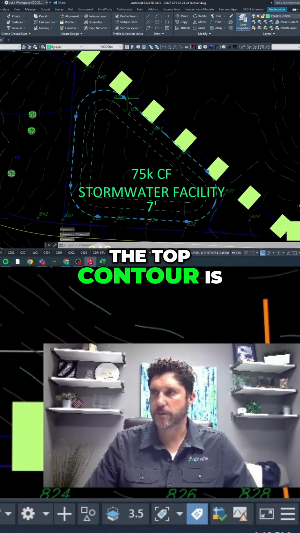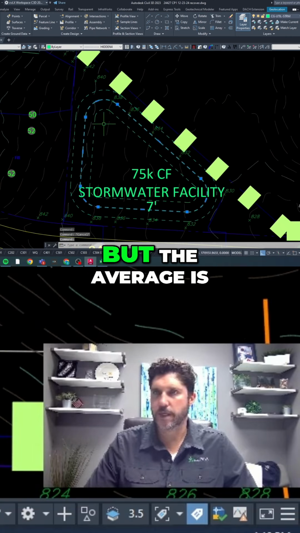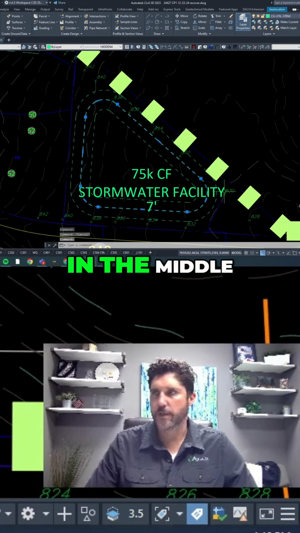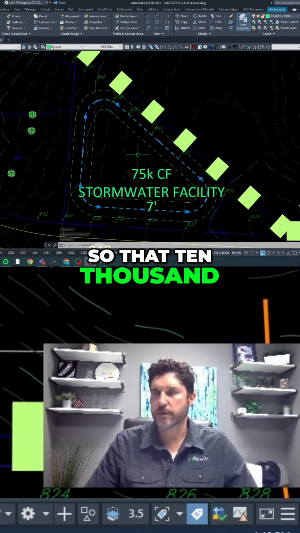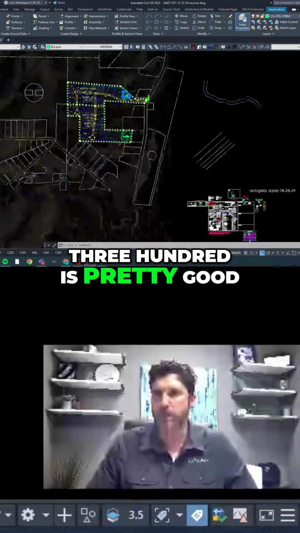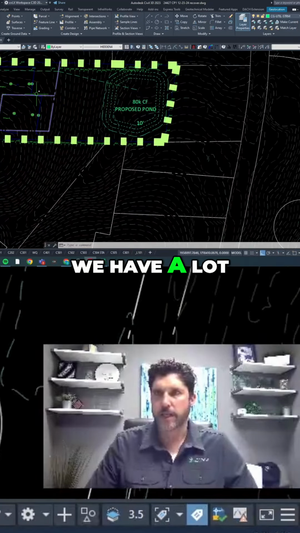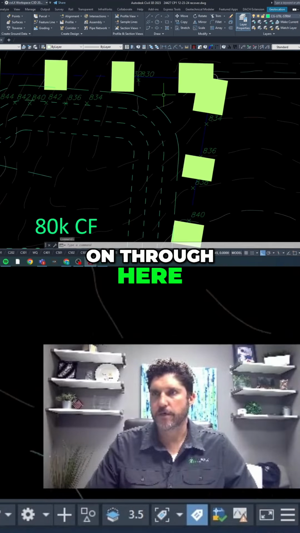The top contour is going to be a little bigger, bottom contour a little smaller, but the average is going to be somewhere in the middle, so that 10,300 is pretty good. Now this one, we have a lot of elevation change going on through here,